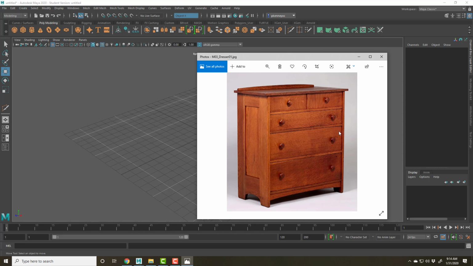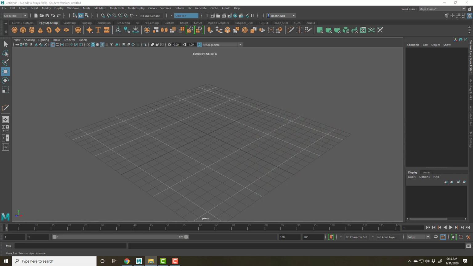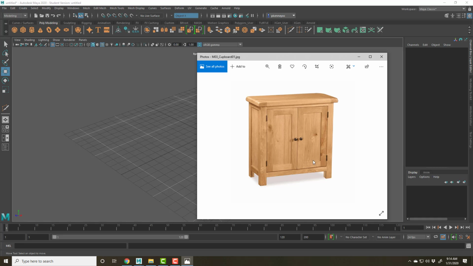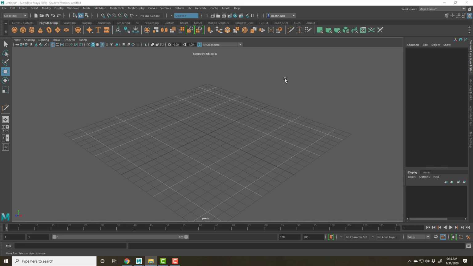So I'm going to eventually get to working on an object like this, but I'm going to start by working on an object like this. And the reason is it's got these inset panels, and these are really simple to make with the extrude tool, as is this frame. So the first thing I need to do is set my project, go to File, set the project, make sure I'm in my game 105